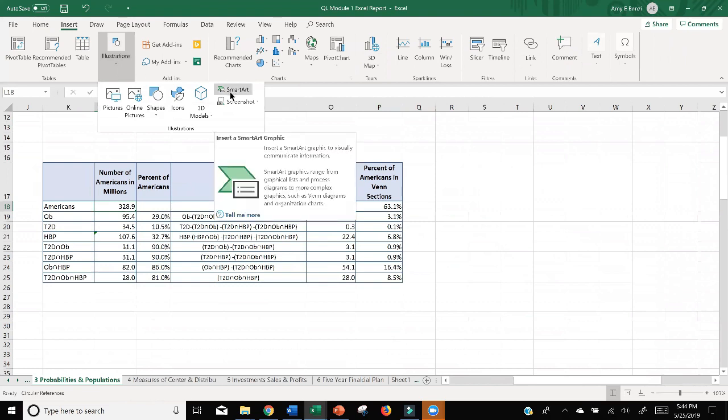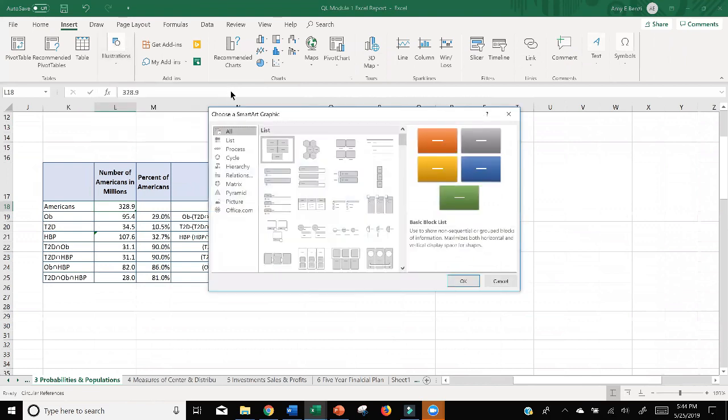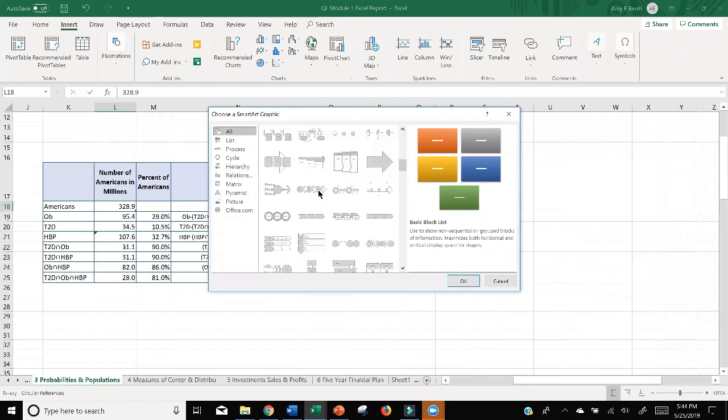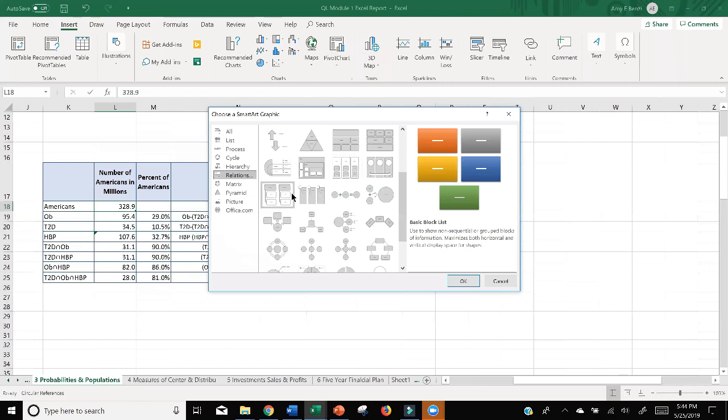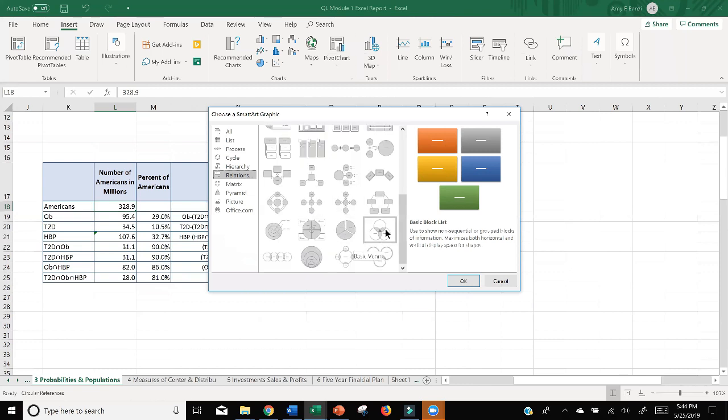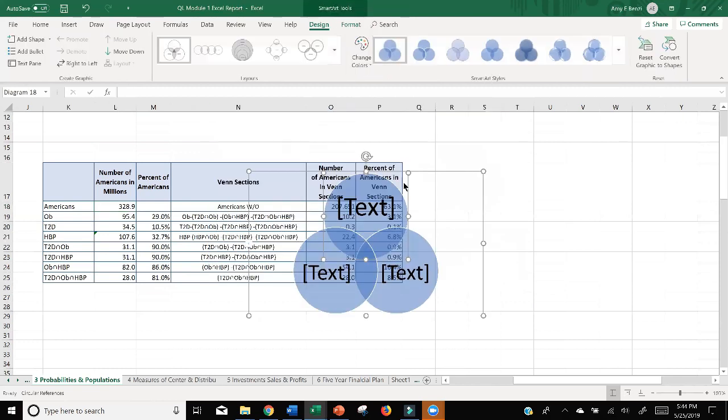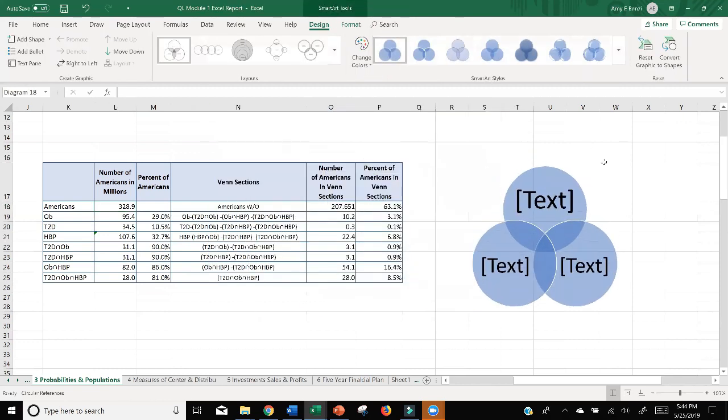Under SmartArt, you have all of these things you can look at. I'm going to click on Relationships, and it will give me a few options. Scroll down until you find the Venn diagram. We are going to use this Venn diagram, the basic Venn. All right, look at that, you guys. Pretty cool, huh? Now, in these texts, we are going to type in